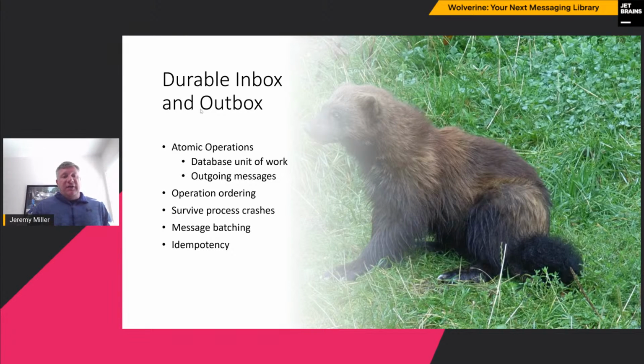So when you send a message, you're not automatically sending it at that very second. Instead, it's being queued up locally, batched, and sent out. So there's a lot of opportunity for things to go wrong. But again, if you're using a durable outbox, that message is not going to be lost until it can really be pushed to the downstream